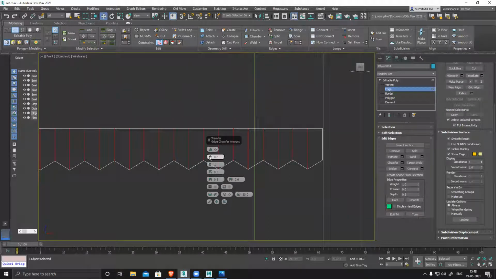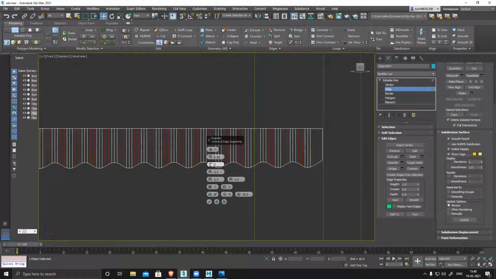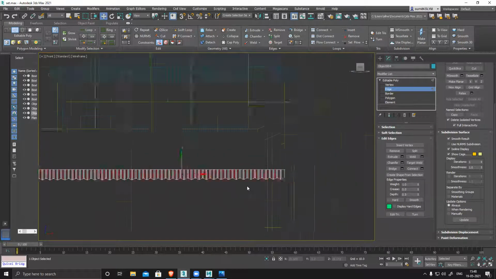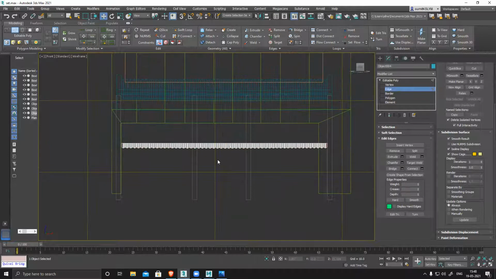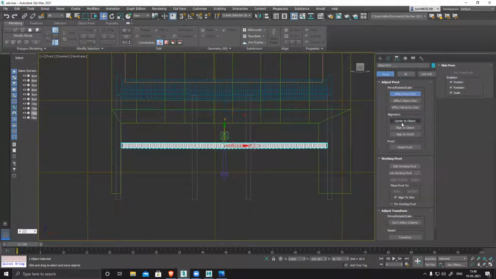For chamfer value, first the amount I want to chamfer, and I'm using 1 or 2. I can use multiple loops. See, now it looks nicely curved automatically. So always go for the lowest basic shape and then add polygons. So it will become very easy for you to control everything and create this.